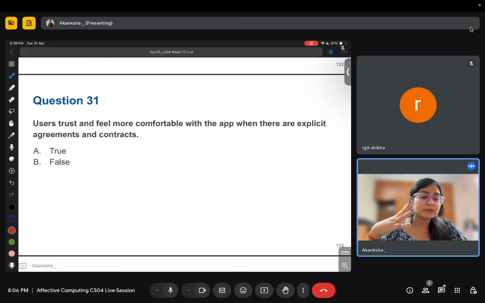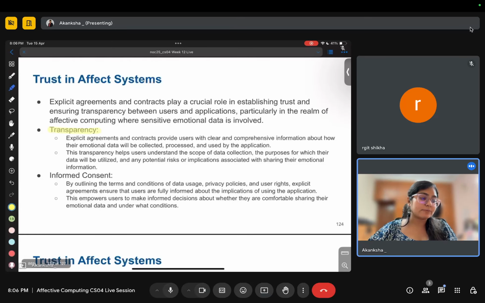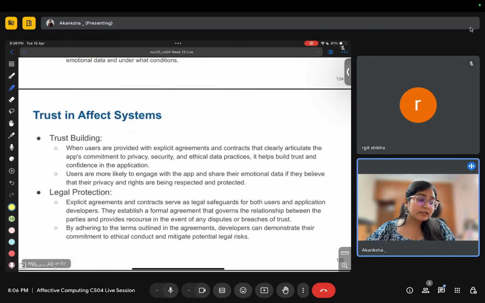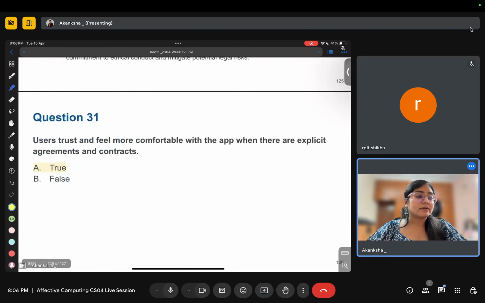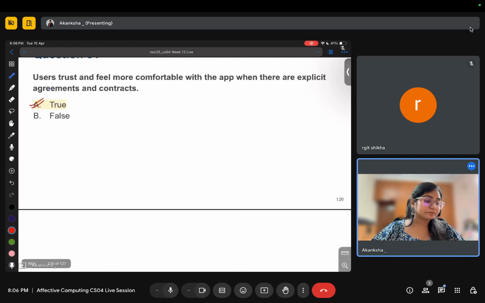So this gives you a feeling of comfort and trust to use that app, because they are legally bound to follow those things. So it enhances transparency. There is informed consent, trust building, and legal protection. That is why it is considered very good and you feel much more comfortable.